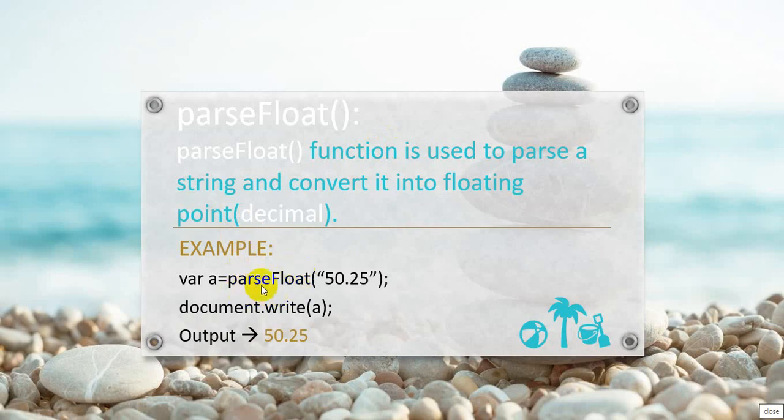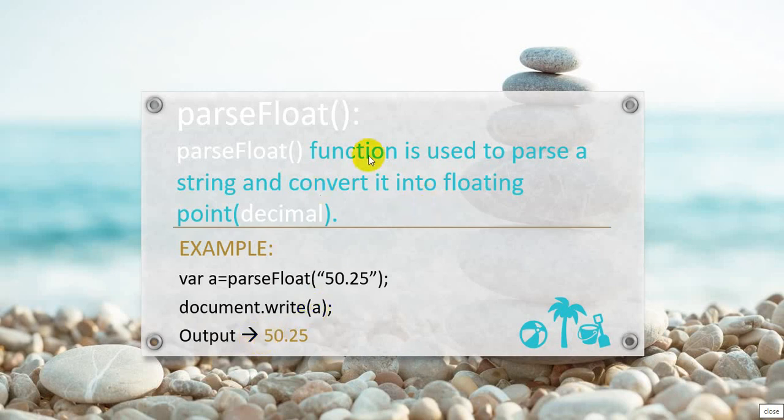If you won't use proper case, you will not get proper result. Okay, so you have passed a string, that is 50.25. Your result will be document.write, meaning this value will be stored inside variable a and it will convert into 50.25. In case you use the parseInt function, okay students, it will give the result as 50. We have seen this in our previous lectures. Okay, that's it. It's very simple.